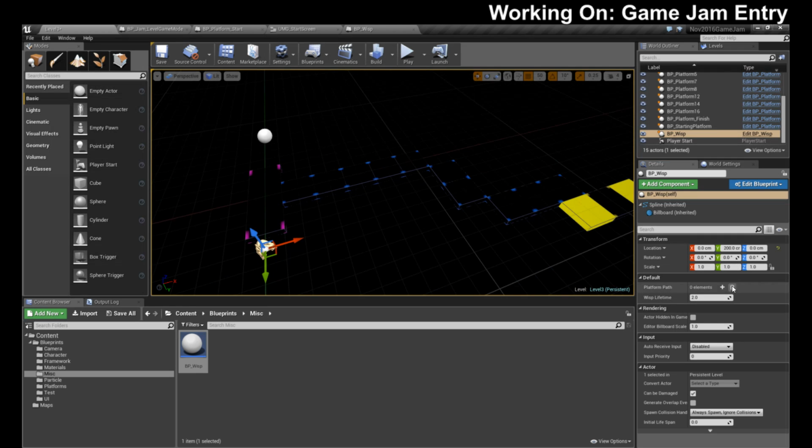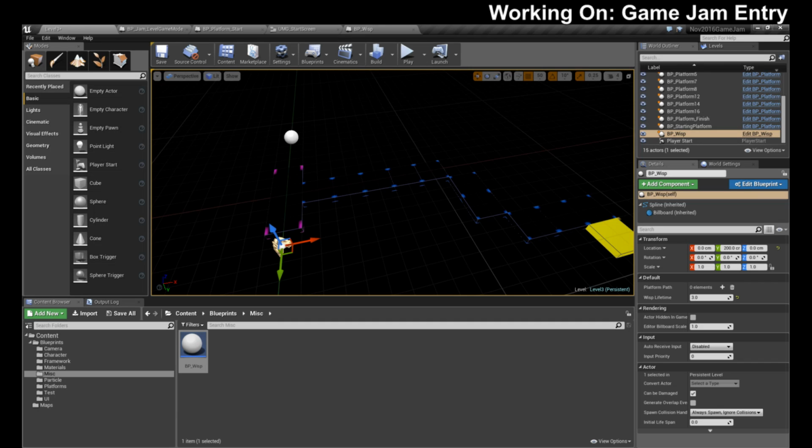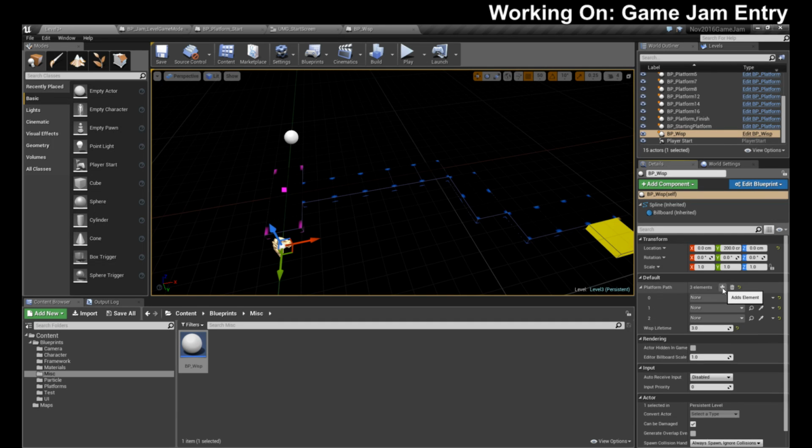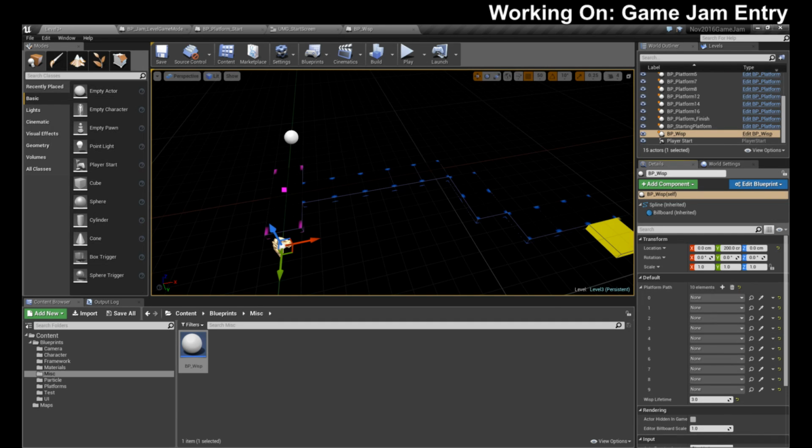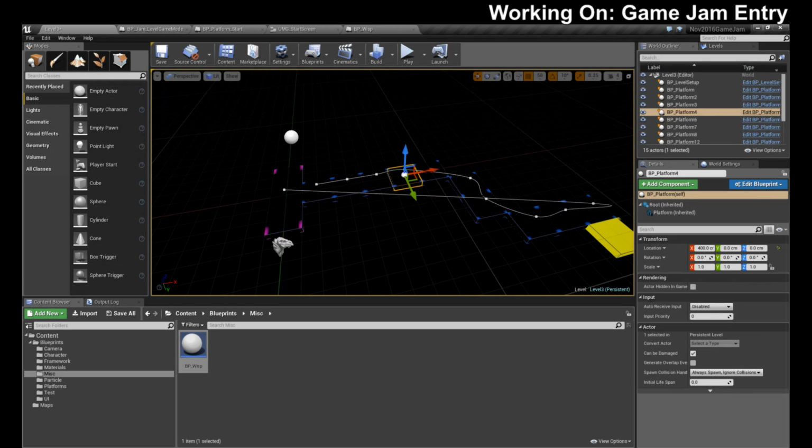Let's take 3 seconds. 1, 2, 3, 4, 5, 6, 7, 8, 9, 10. We're gonna have 10 elements, and then we just grab each element. And these should correctly go across, is what I'm hoping. I have no clue what this thing's gonna... Oh, seriously? Okay. We can fix this.